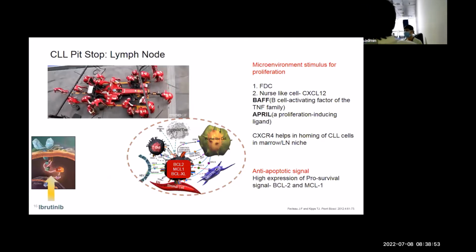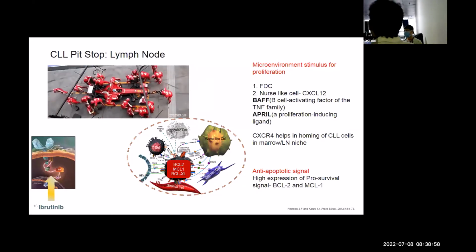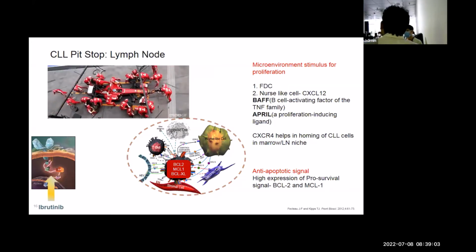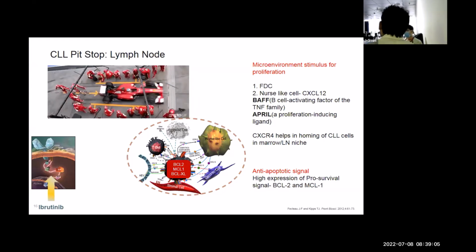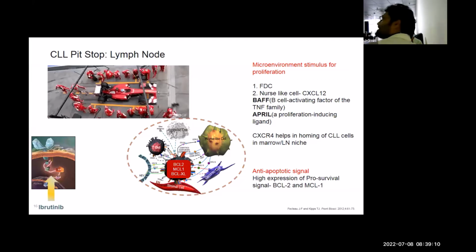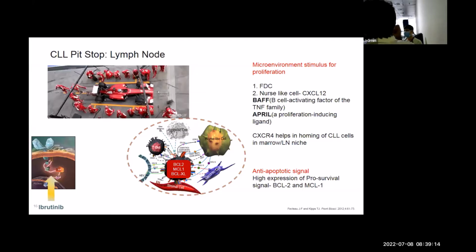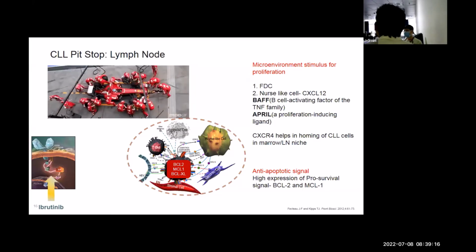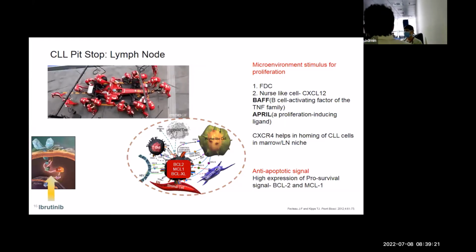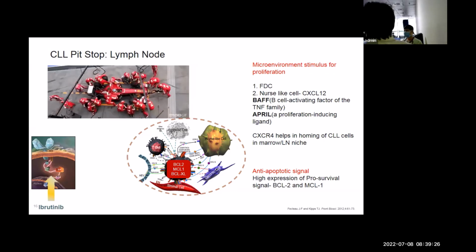Now there is another aspect of CLL, which is the microenvironment. All of you know the microenvironment is very important in solid tumors and various diseases also. One of the good theories of microenvironment's role in CLL is very well established inside the node. So what is happening inside the node? When you take the CLL cell out from the blood or from the node and keep it outside, they die. This is true for many malignant cells also. So you need a stimulus from the microenvironment to keep them alive, but they don't get that stimulus inside the blood.